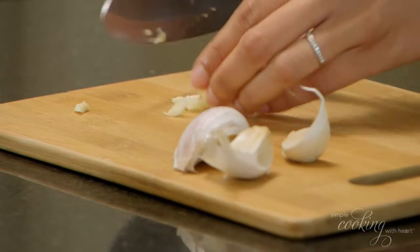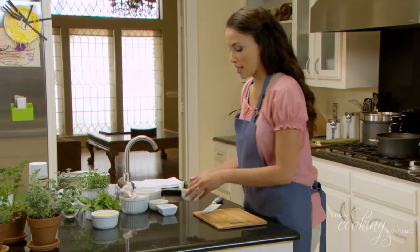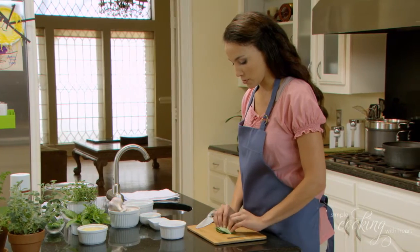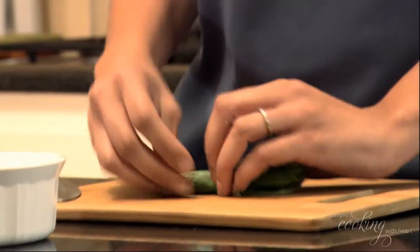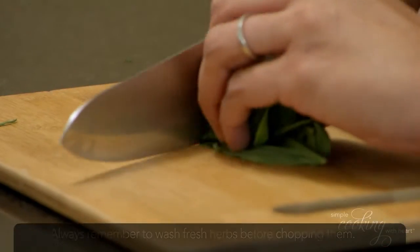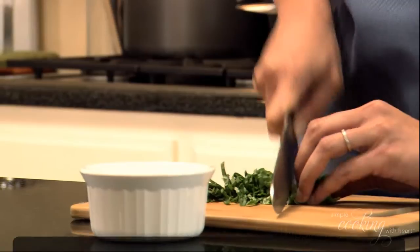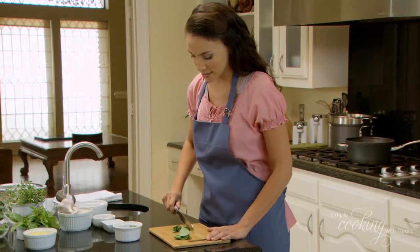Like that. Now I'm going to get my fresh basil, which I've already picked. It's about 12 leaves here, which makes about 2 tablespoons. So what I'm going to do is roll up these leaves all together. I'm going to do a rocking chair motion. So I'm going to set this aside